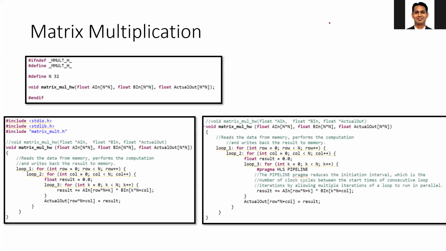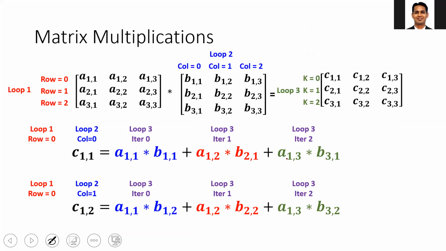In the previous video, we discussed matrix multiplication and the slight improvement in performance by adding HLS pipeline pragmas in loop 3 of the matrix multiplication. Now, to improve the performance further, we need to relook at how the matrix multiplications are done. As discussed in the previous